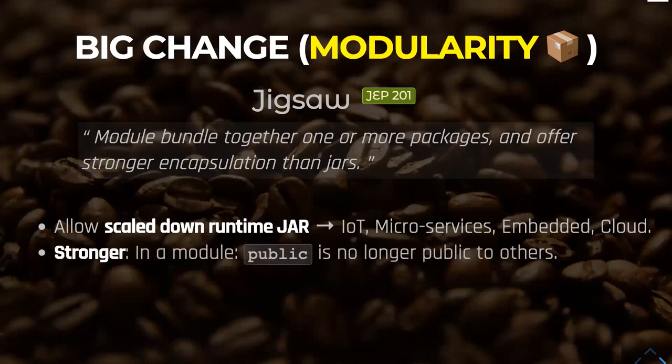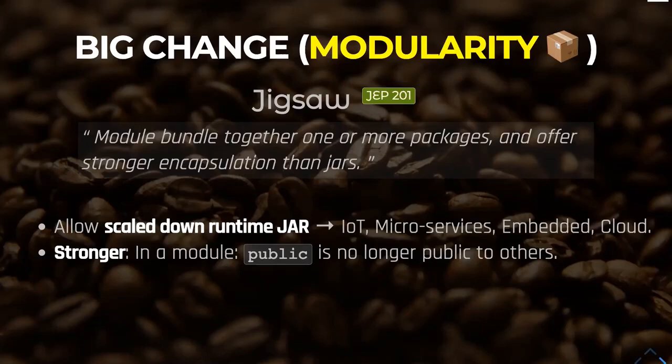And also we now have stronger encapsulation and security. Why? Because sometimes you'd like to hide some libraries, like the Unsafe class, one of the most famous classes that is intended for internal use by the JDK, but all of the tools and IDEs use it because it's very efficient for dealing with native memory, allocation and so on.